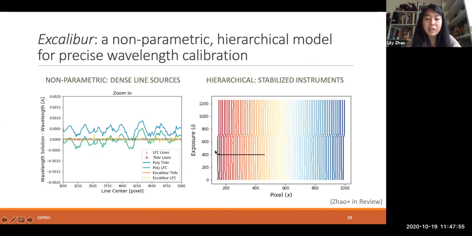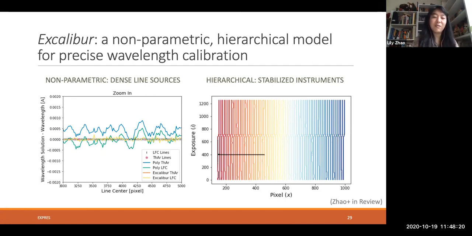In black here are lines that were just missing from an exposure, either because the LFC malfunctioned or the extraction went bad, something like that. And so if we were treating each exposure independently, these black lines would be information that was just lost to us. But looking at this plot, right, you can say, oh, well, the exposure right before, the line was here, and right after, the line was here. And so we can kind of guess where that line should be.